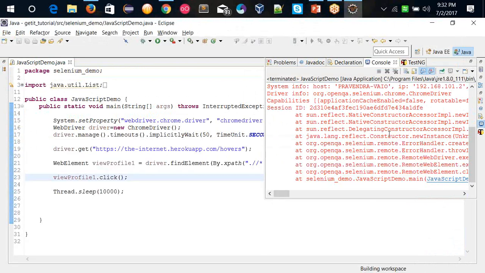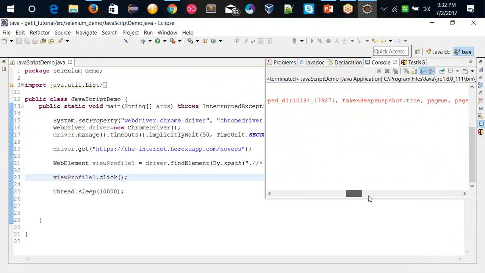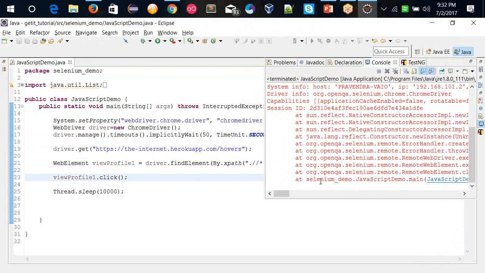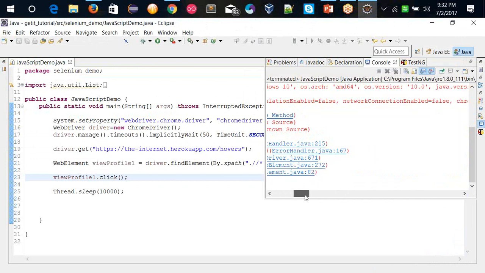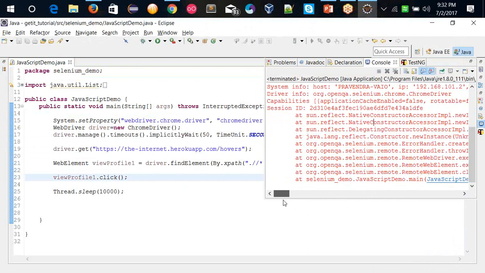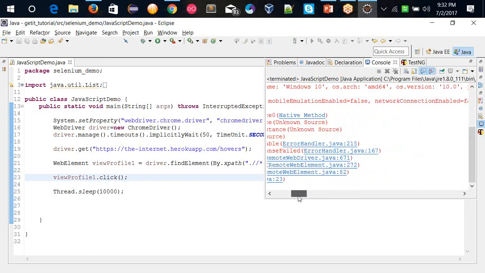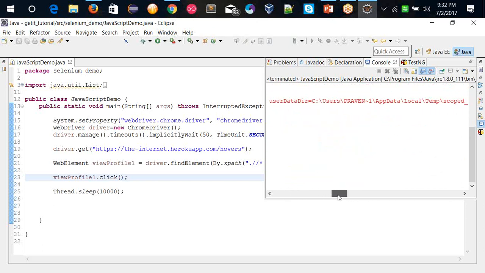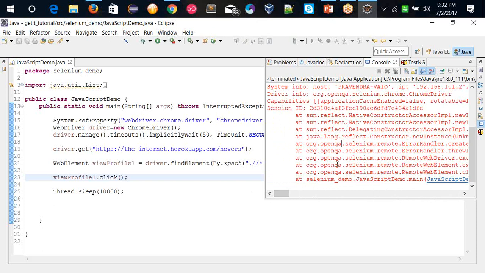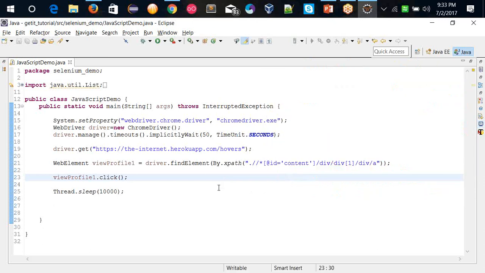So you can see there is one error available. It's showing the error. It's showing me unexpected behavior, but it's not showing what kind of error I'm getting. Okay, so what I can do